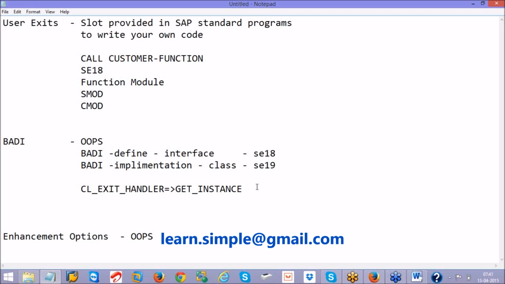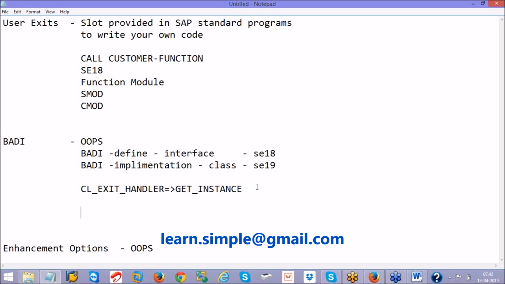So this is some basics about BAdIs theoretically, and some more points: in user exits we have some disadvantages, and SAP overcame all those disadvantages in the BAdI concept. Remember, when you create a project in CMOD for a user exit, if somebody has already implemented the same enhancement, it gives an error message that this enhancement is already implemented in such and such project.